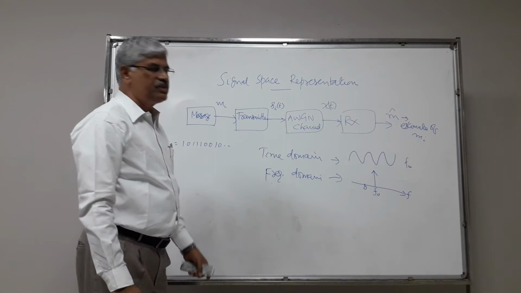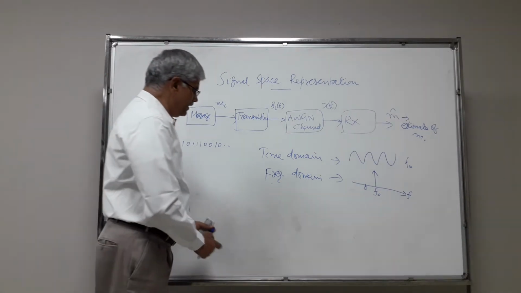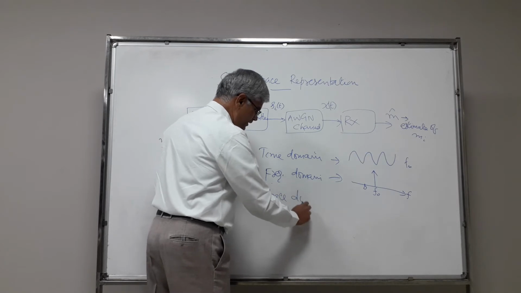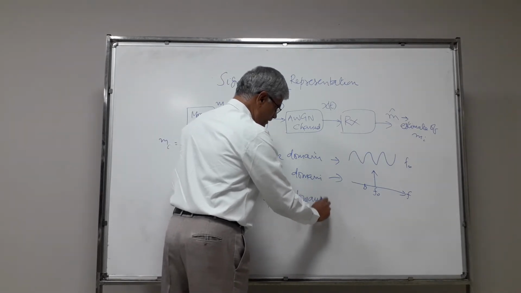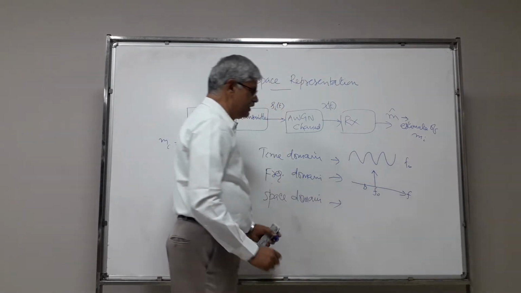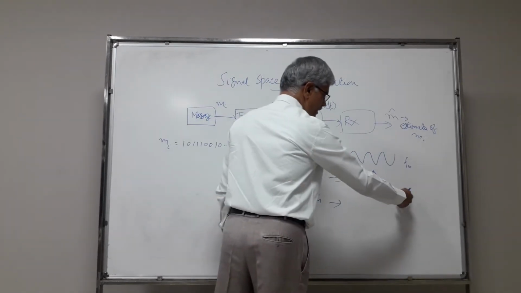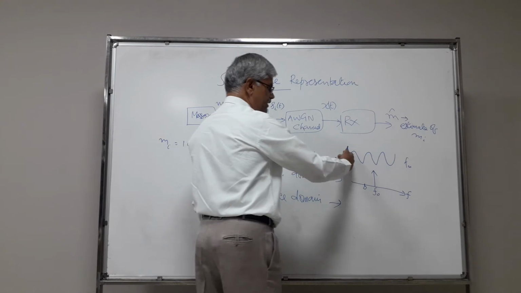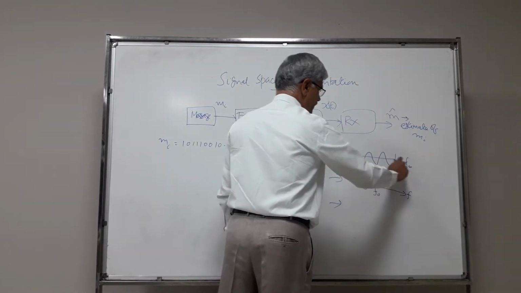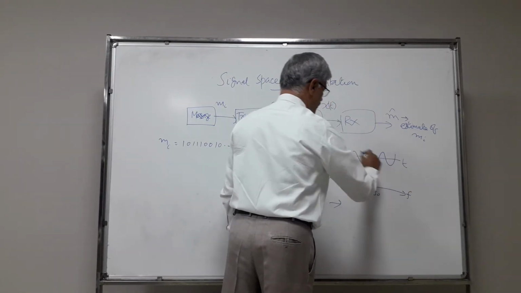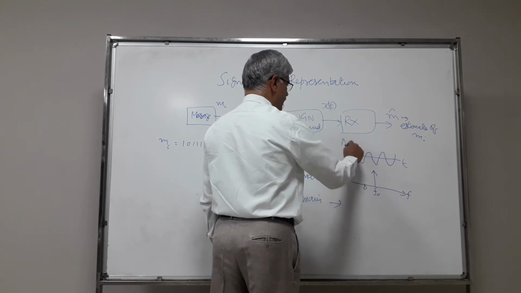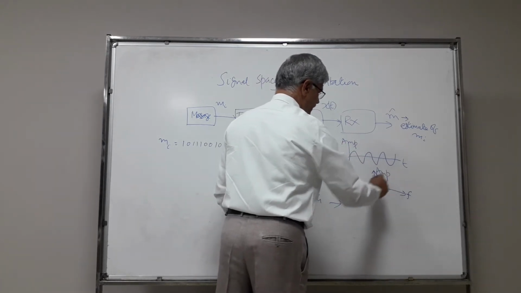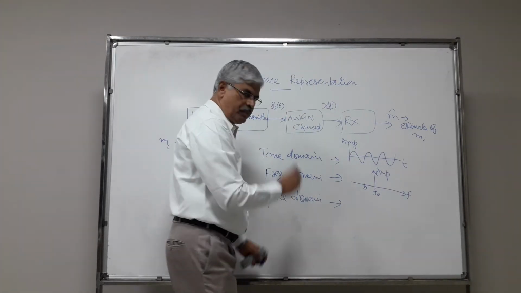You can also visualize this waveform in space domain. Now in space means this is, here x-axis is the frequency, y-axis is the amplitude. Here x-axis is the time. Okay, this is x-axis is the time, y-axis is the amplitude. So amplitude here, this is amplitude. Okay. So in the space domain,